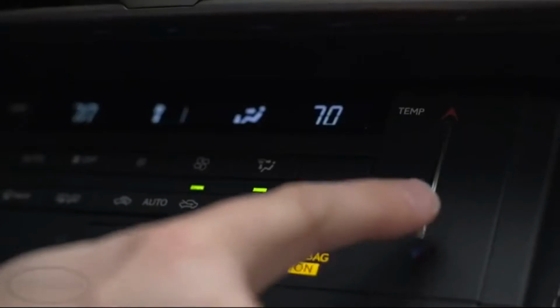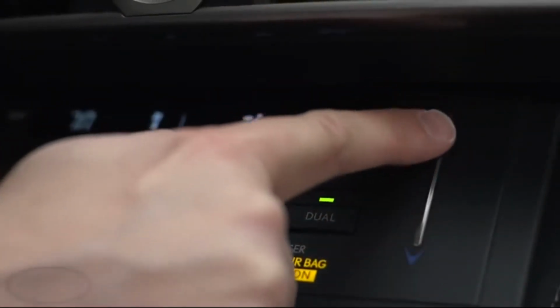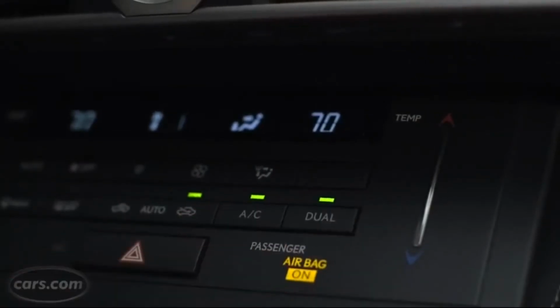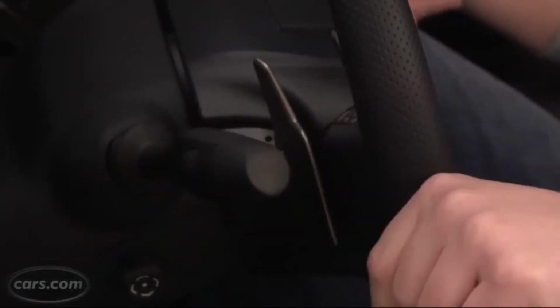Second, the controls for the temperature on the ventilation system, instead of mechanical buttons or knobs, are capacitive controls. They actually work better than some, but sorry, we hate them. They gotta go. And finally, there's the turn signal stalk, which springs back to center instead of staying where you put it. I hate that. Yes, I know BMW does it, but if BMW jumped off a bridge,